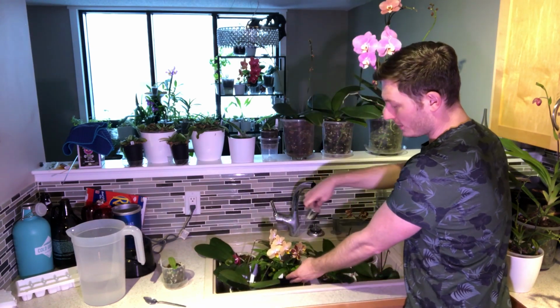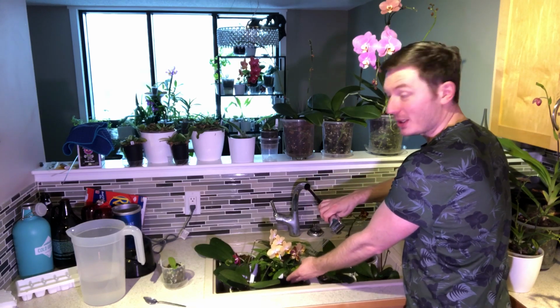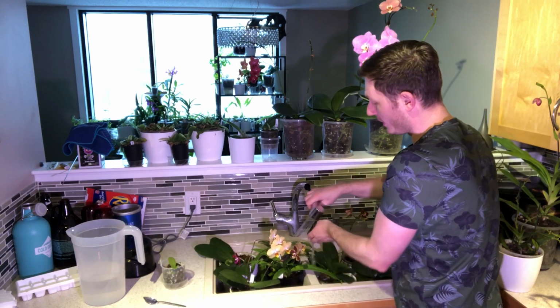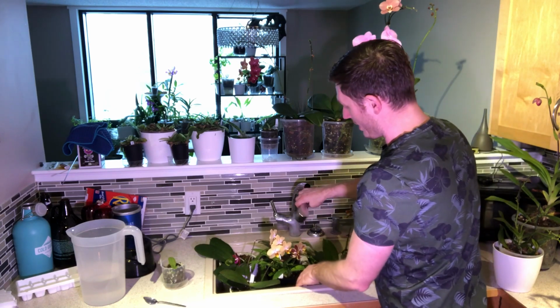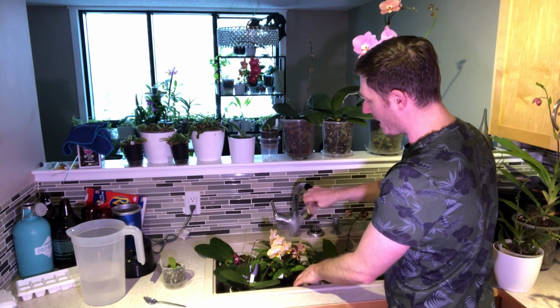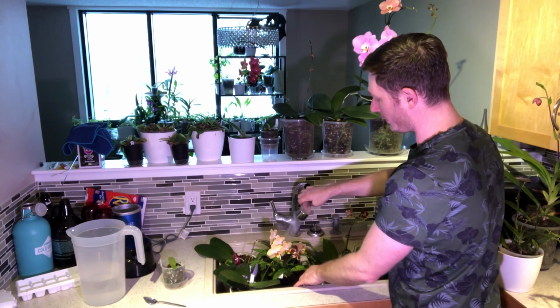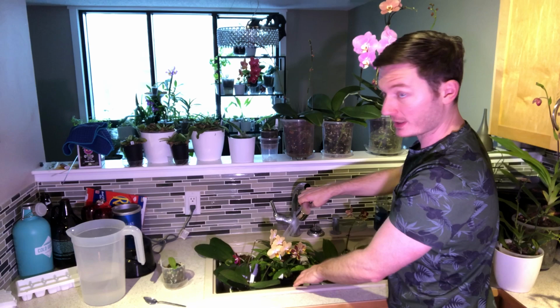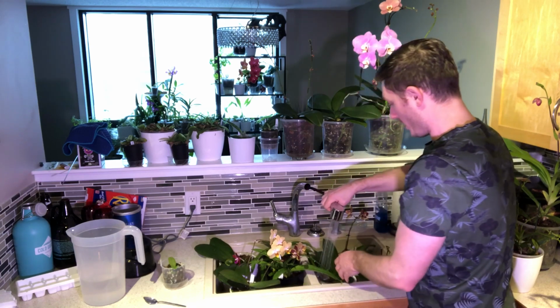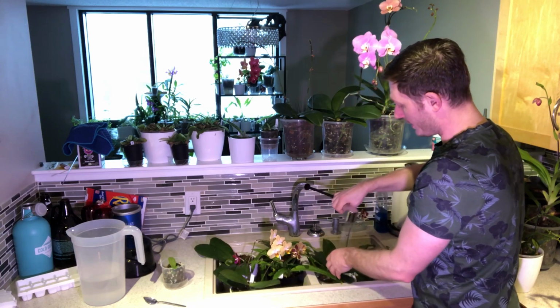The Phragmipediums that are in here, those are the grass-looking ones. I want to make sure that I give those a super thorough rinse because they come from areas of South America where their roots are constantly being bathed in a dripping stream of water from the rain and whatnot off of the mountains in the areas where they grow. So I'm going to give that one for sure a couple rinses